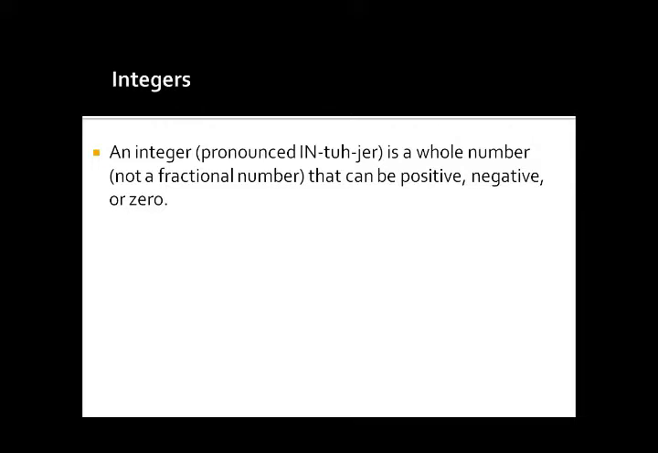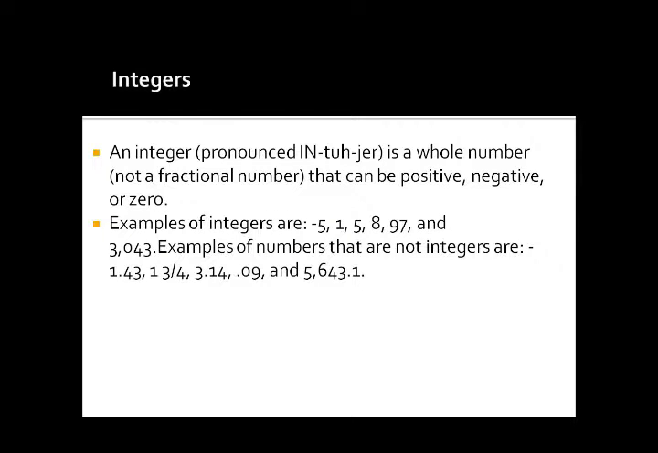Next, we're at integers. An integer is a whole number, not a fractional number, that can be positive, negative, or 0. Examples of integers are -5, 1, 5, 8, 97, 3, 0, and 43. Examples of numbers that are not integers are 1.43, 13 over 4,